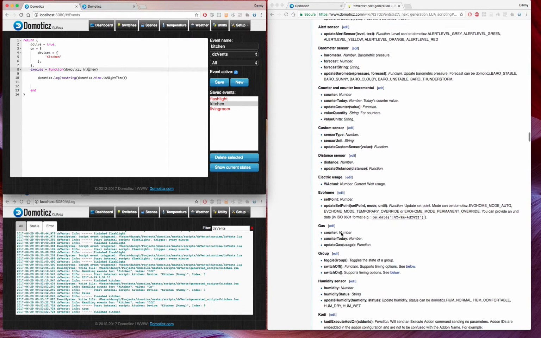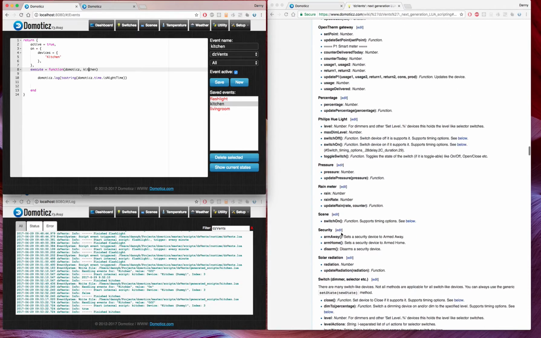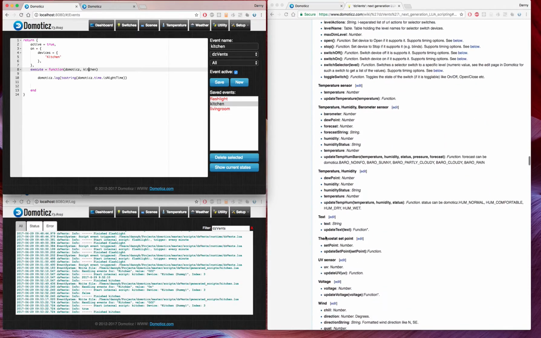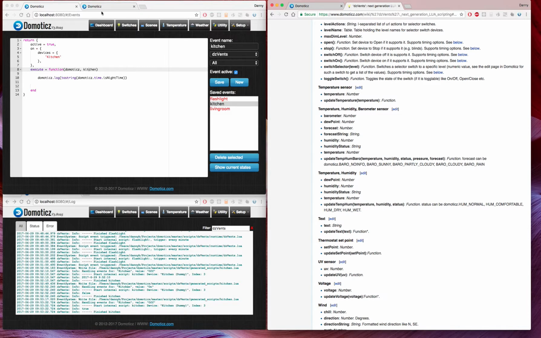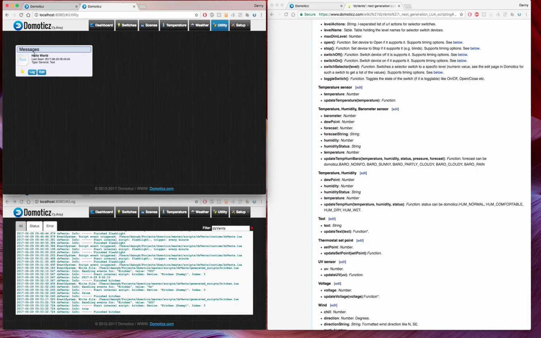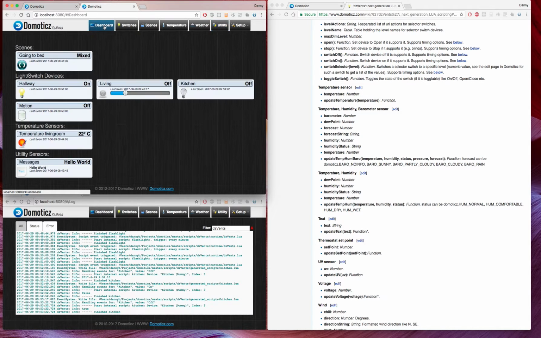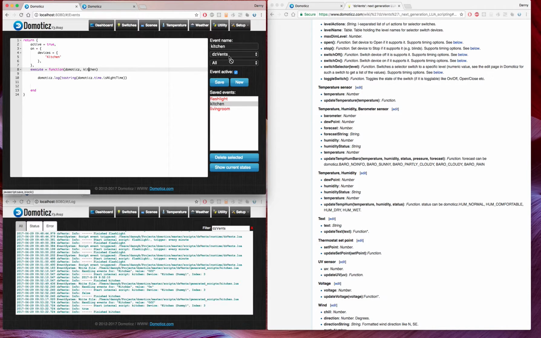For instance, now let's give an example. The text device. A simple text device, and we have used it. I have created one here as a text device. So let's use that one. Whenever I press the kitchen switch, I want to change the message in this text device. So going back to the